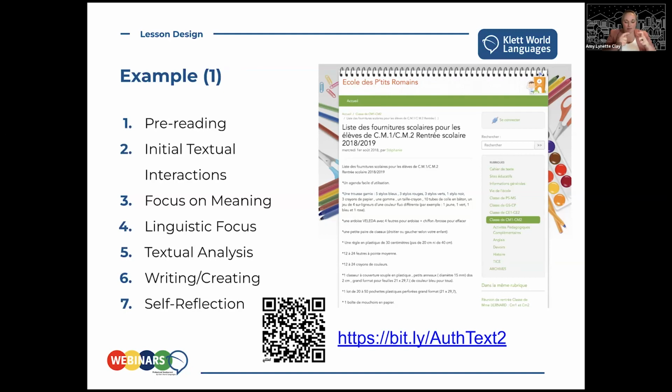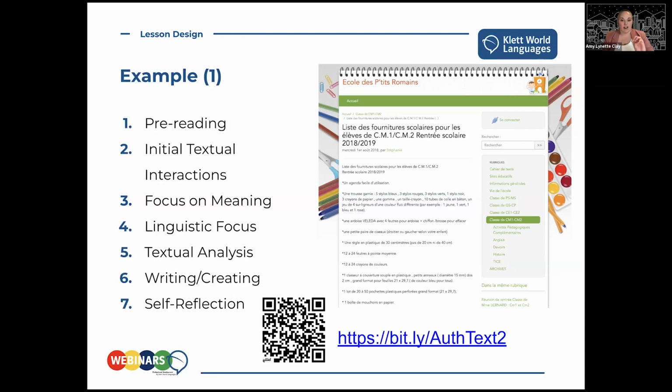And if I'm using images, I'm going to put words with it, and that's going to be a little bit of experiencing and then a little bit of overt instruction. So I'm getting the language that I want them to learn in there early. Okay. Initial textual interactions. Here, when I teach this, I actually use this with our first semester students here at